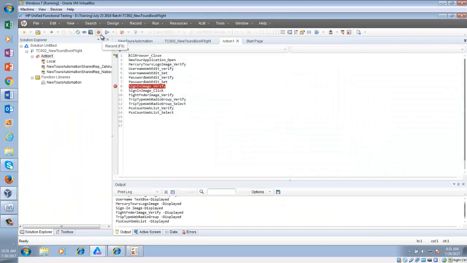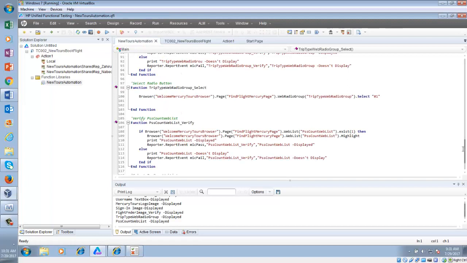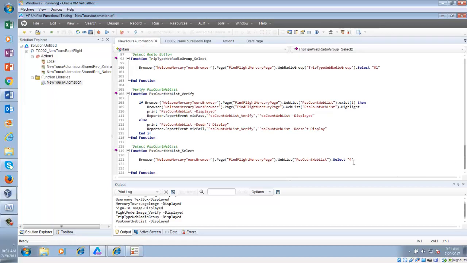So what is happening here? When we are selecting the web list and putting 4, it is able to select 4. So we can put 4 directly or we can put its index. Both ways will work. You can directly put that item, or let's see if I put #3. Probably here we'll have to put 4 directly. Let me try again.